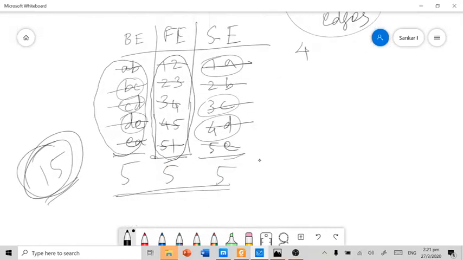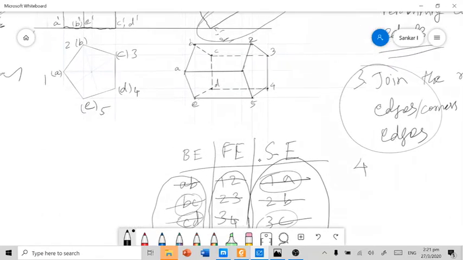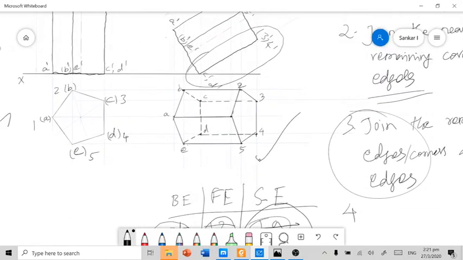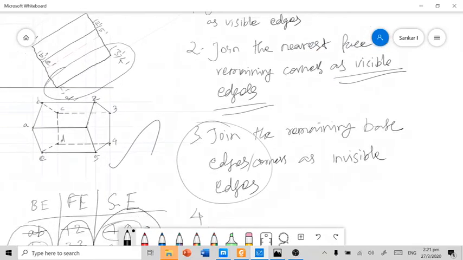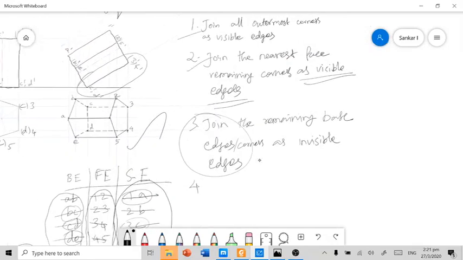So the total 15 edges are joined with each other in the final top view. Here visibility and invisibility is very important. Following this procedure, steps 1, 2, 3 can be adopted at the beginning level of your solids projection problems, but later you should connect the visible and invisible edges by your imagination.